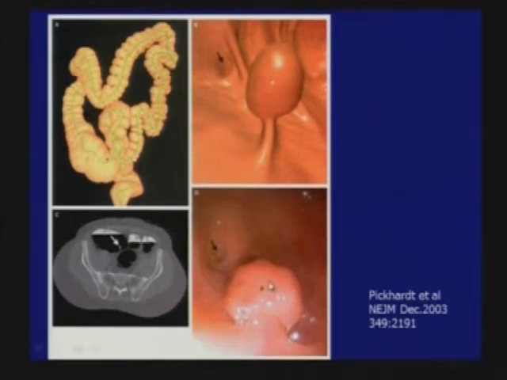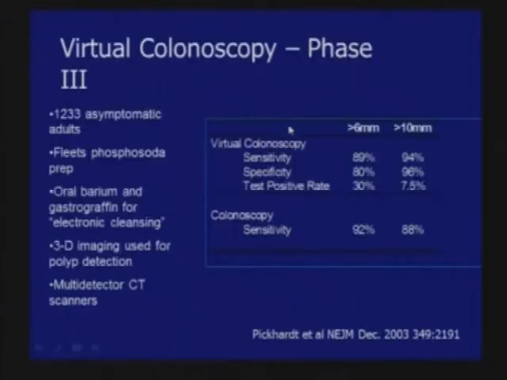And this was the original paper that generated lots of attention in the New England Journal of Medicine. This is a virtual CT image of a colon polyp compared to the endoscopic image. And as you can see, the pictures look beautiful. What they showed in the study was that the sensitivity rate of virtual CT scans was actually identical, and if not better, for large polyps than it was for colonoscopy.